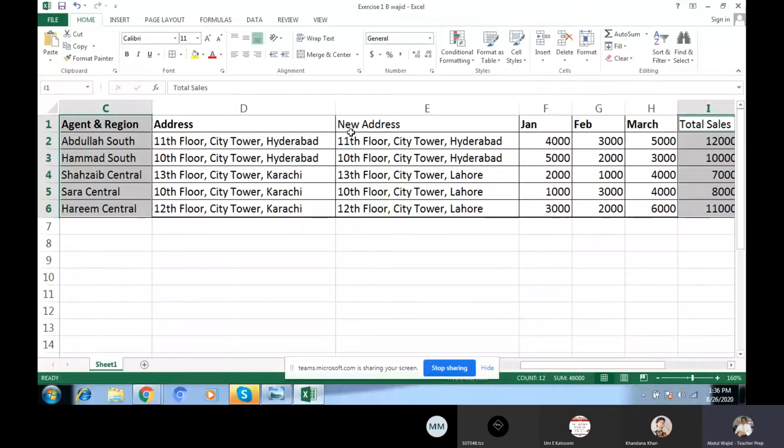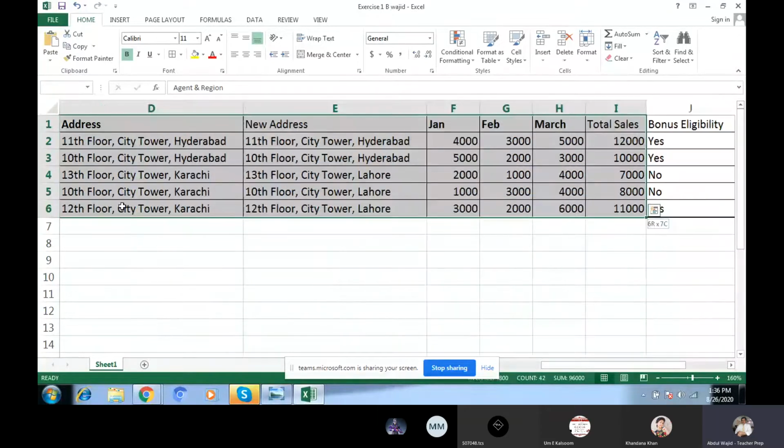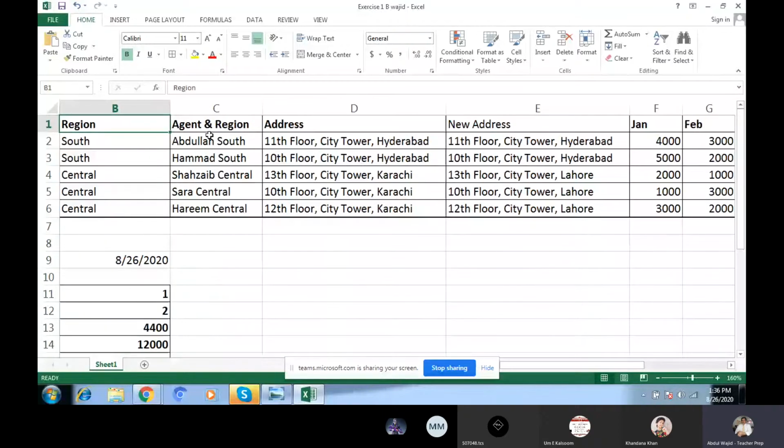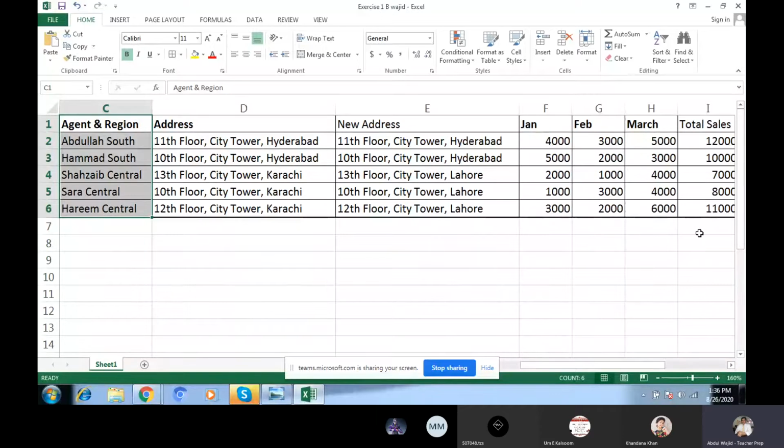If you do not press the control key and you go for shift and arrow key, it will select all. No, we need only this specific one, column C. We select that one and we will go to I and press the control key and select only the I portion.